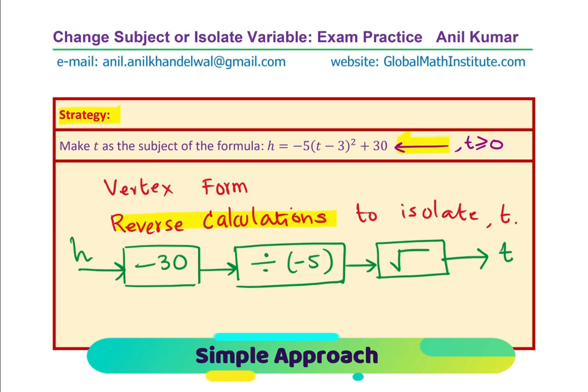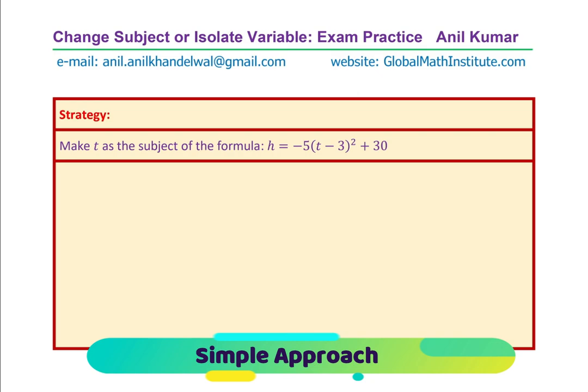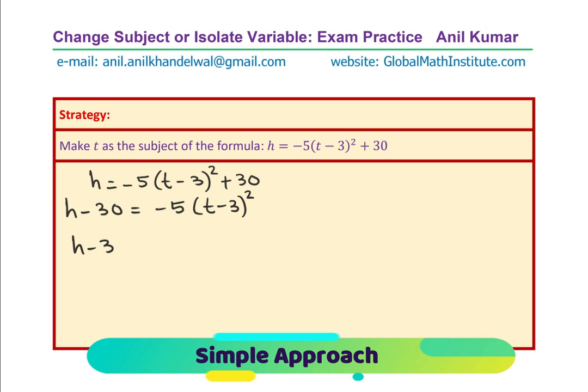Now let's do it. So as I was saying, we have to do reverse calculation. So let's write down the formula first, which is h equals minus 5 (t minus 3) whole square plus 30. So first let's take out 30. So take away 30 will give us h minus 30 equals minus 5 (t minus 3) whole square. And now you have to divide by minus 5. So we get h minus 30